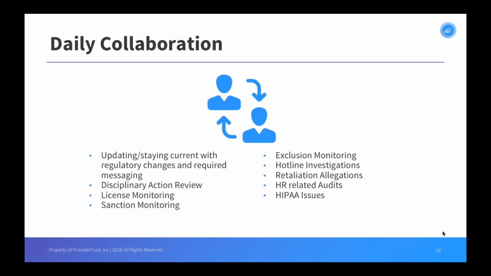So how do you update and keep each other informed, staying current with regulatory changes and required messaging? What do disciplinary action reviews look like at your organization? And then the basics of license monitoring, sanction monitoring from a state board level, and exclusion monitoring. Is that a daily activity? Is it a weekly activity? And aside from just the process, when something happens in either of those worlds, if you find an exclusion, if somebody's license expires,